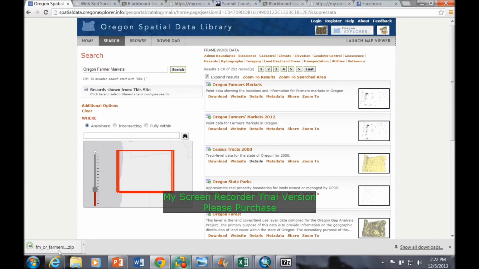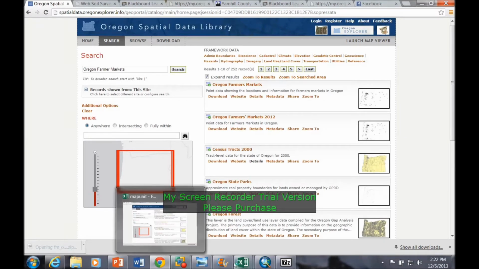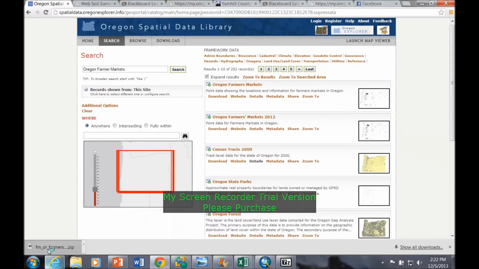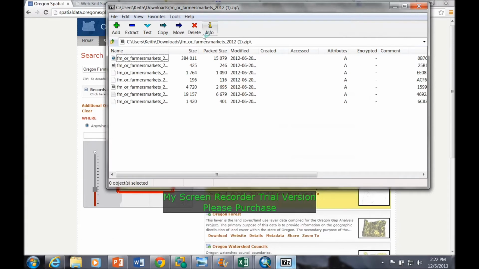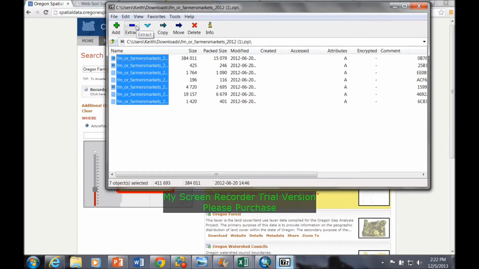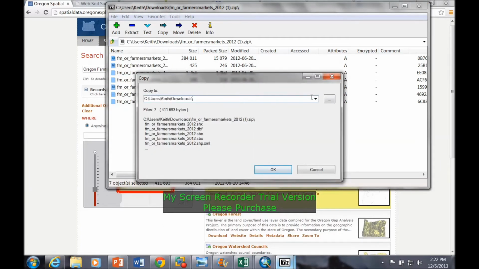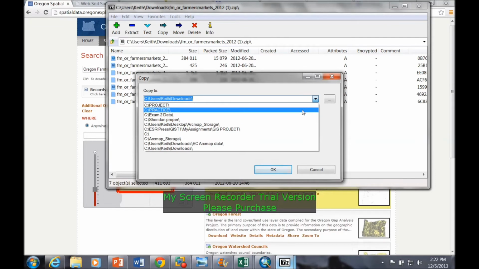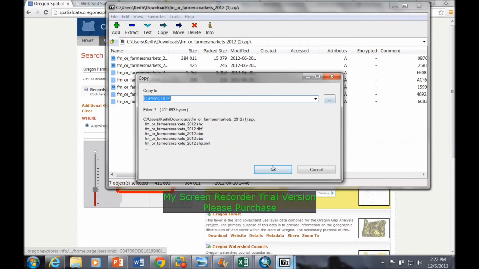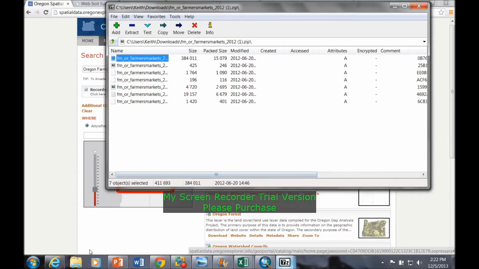Click it, comes down to here, and we just open it up like we did in our zip file earlier, where you go to this and you just go ahead and get all that and extract somewhere you're going to remember where it's at. Let's just put it in the practice. Okay, so then you just go to